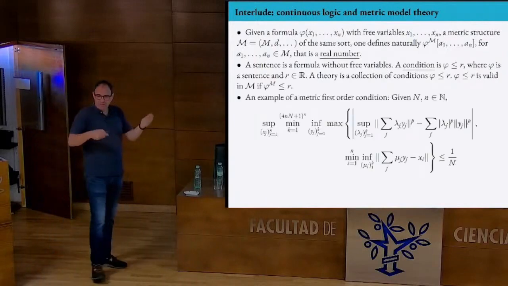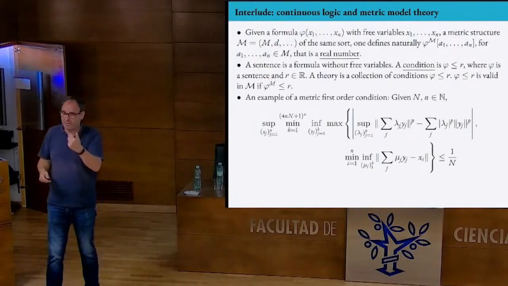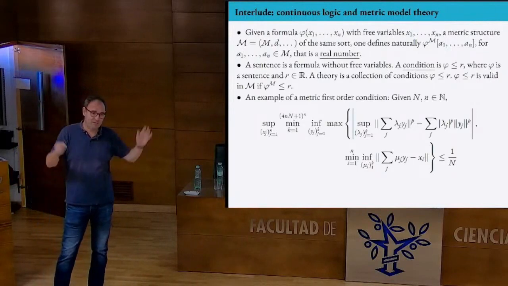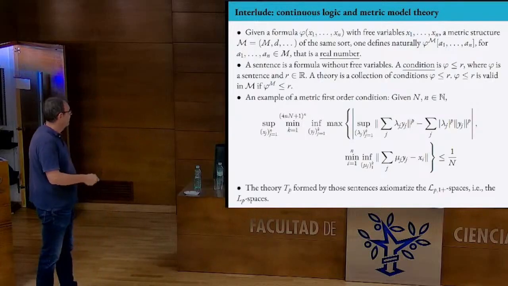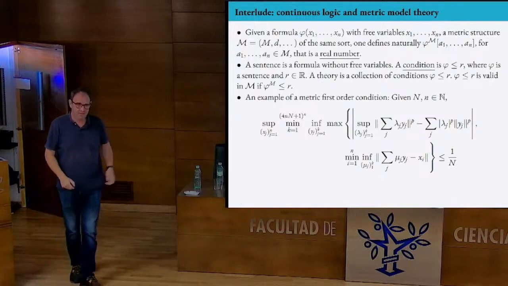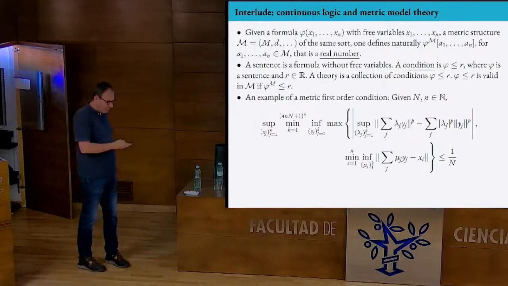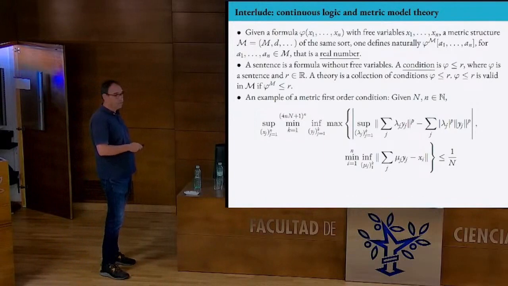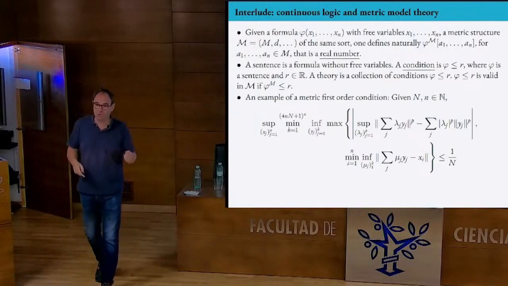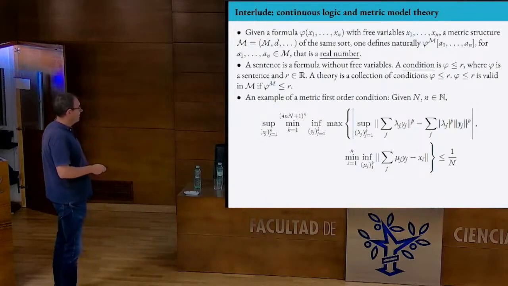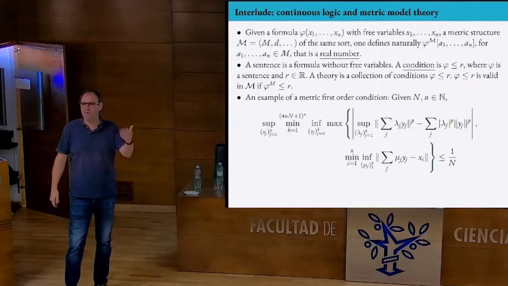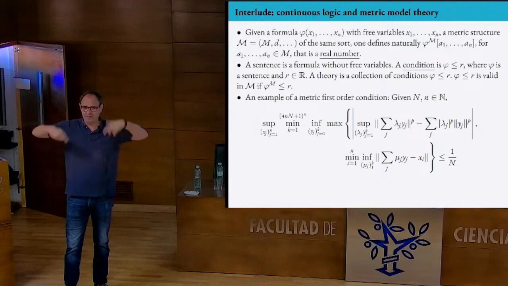And now you have a collection of things of this kind, phi less than or equal to r, and you might ask if a structure, if a Banach space M, satisfies that or not. And that's the one I wanted you to tell. So you think for a while, so this is one of them. I am cheating a little here because these are points. So you are allowed to use sup over the points in the structure, in the Banach space. These are points in here, but these are not points, these are real numbers. But of course, by compactness, you can do it for finitely many, and you can have more and more.